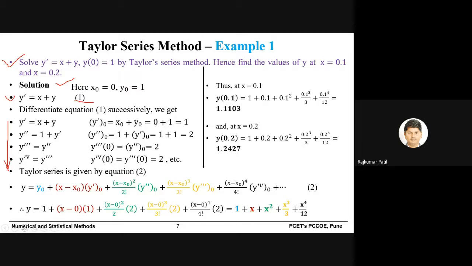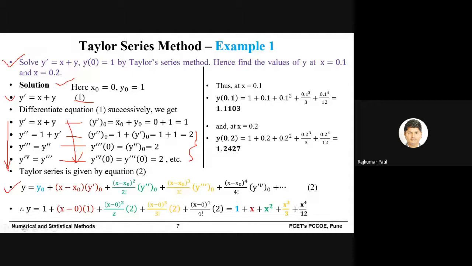successively, and simultaneously we start putting the initial values and calculating y dash naught, y double dash naught, y triple dash naught, and so on. Then as you go on differentiating, a stage will come where you may understand that the values of higher degree terms of y are nearly the same or the same. So you can stop at an appropriate location, especially y raised to 4, 5, 6. At that point you can stop. Then write down the equation.